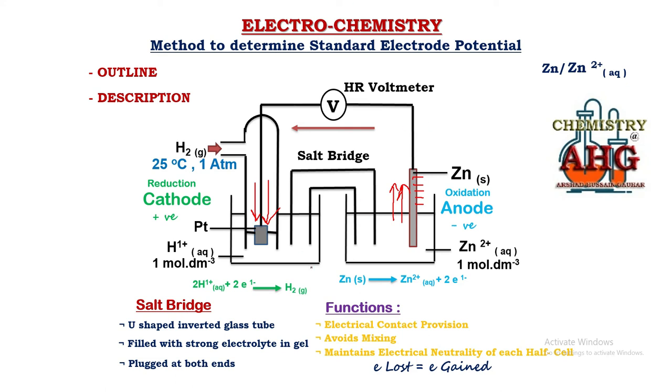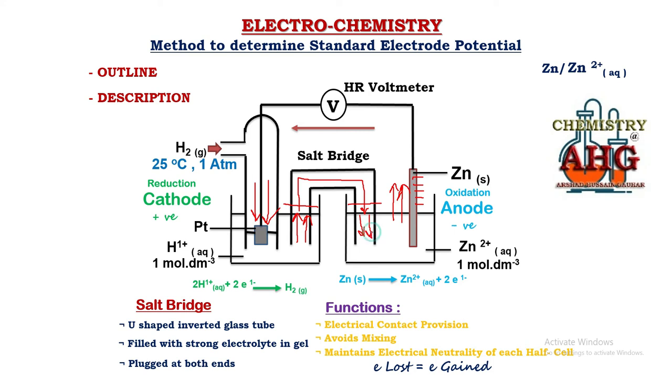Now to avoid this, to prolong the lifespan of the cell, the salt bridge plays an important role. When electrons are lost by zinc and gained by hydrogen, what happens? This part of the salt bridge acts as anode where oxidation takes place. Electrons are lost at this part of the salt bridge, and these electrons are taken by the ions present in the salt bridge, and those ions migrate toward the other half cell, and when they reach here, this part of the salt bridge becomes cathode. At cathode, reduction takes place and electrons are gained by the half cell.